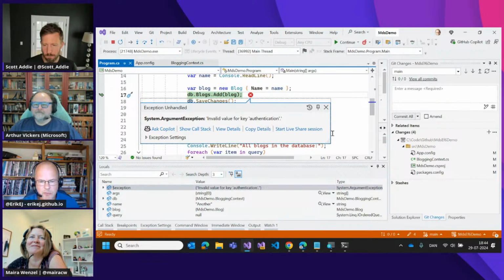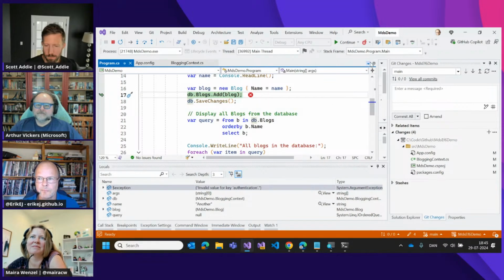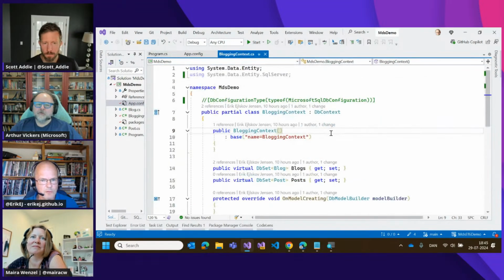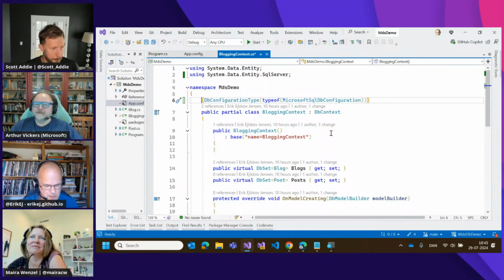This System.Data.SqlClient doesn't know what Active Directory Default means, and it just throws up and says, I give up. So basically, System.Data.SqlClient can't even parse that connection string, let alone go any further. No, can't do anything useful with it.